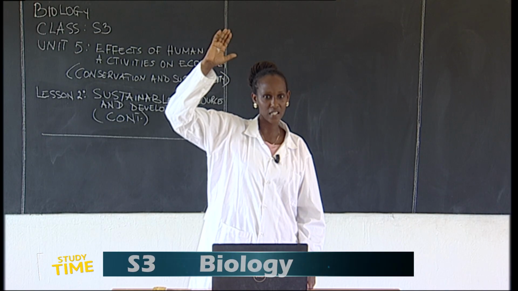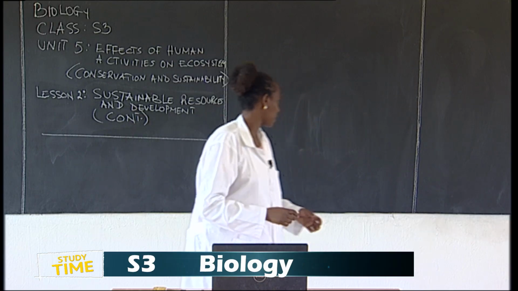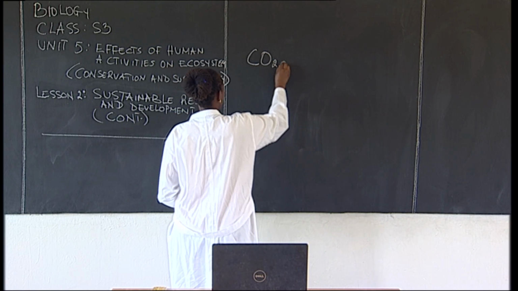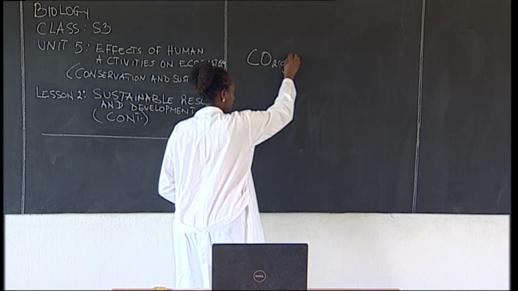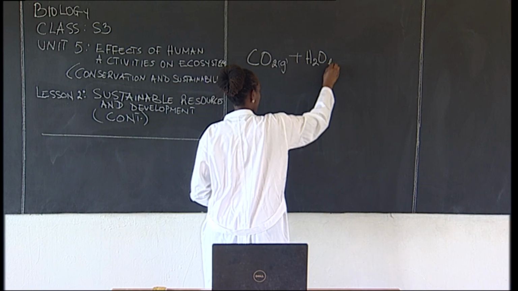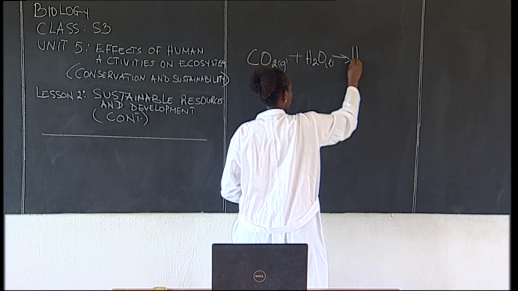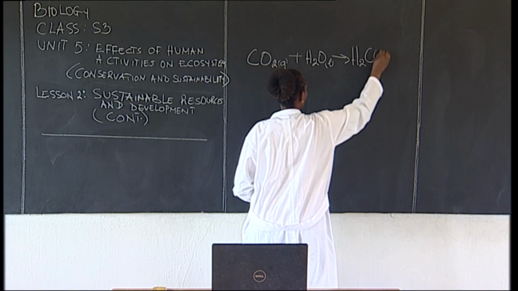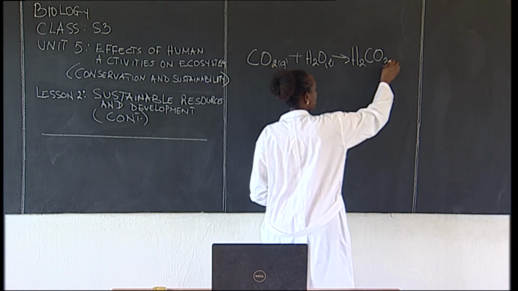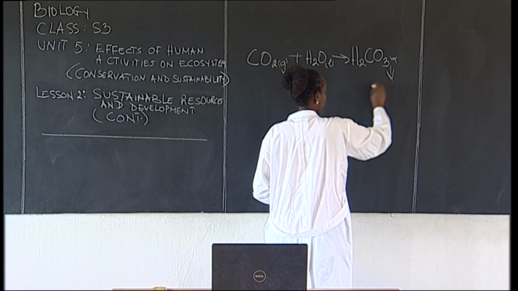when it reaches the atmosphere, it reacts with, this is the equation, carbon dioxide, gas, plus water, that is liquid. In the atmosphere, it will give you carbonic acid or carbonic rain. All right? This is carbonic rain. So the rain that will come down on the ground,